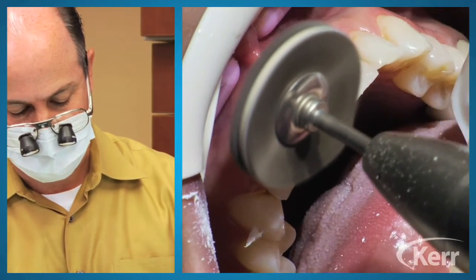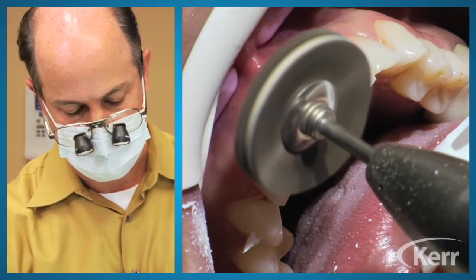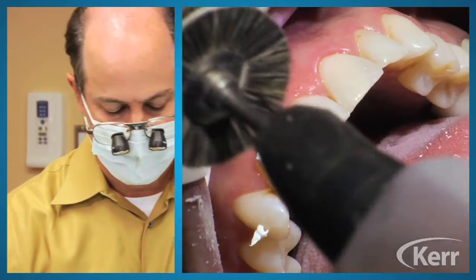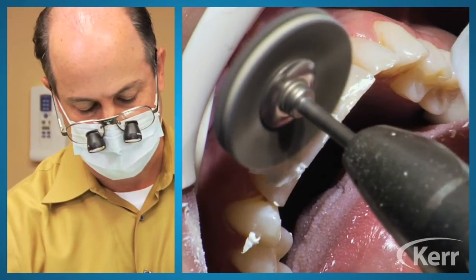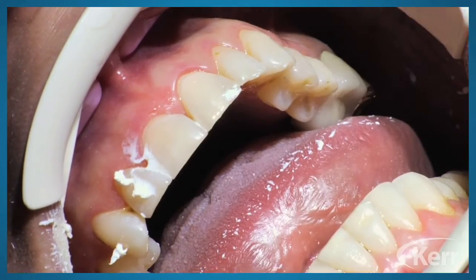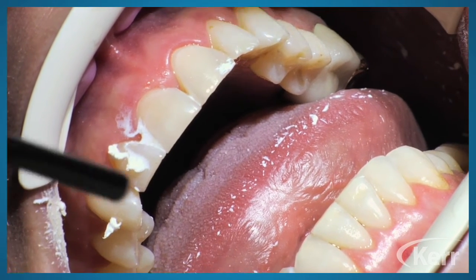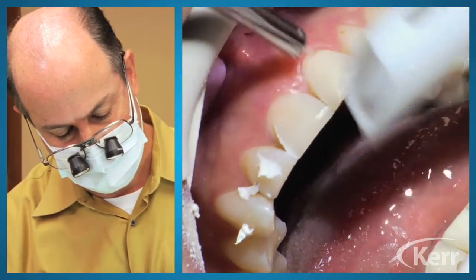So a little bit of pressure with this initially, with a little bit of water, and then I come back, kind of like a shoe shiner almost, and then I'll lightly kiss the tooth. So, as I said, lightly do it with water the first time with composite polishing paste, and then I like to do it dry on the second time around, and then you can usually get a very nice